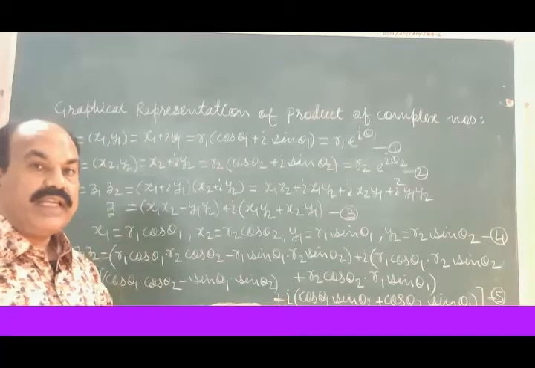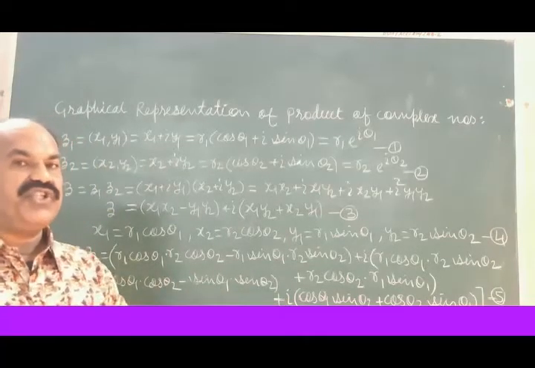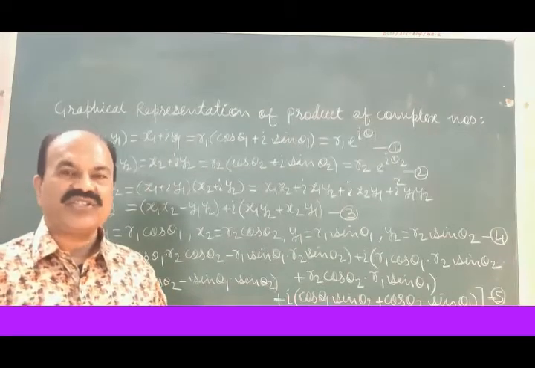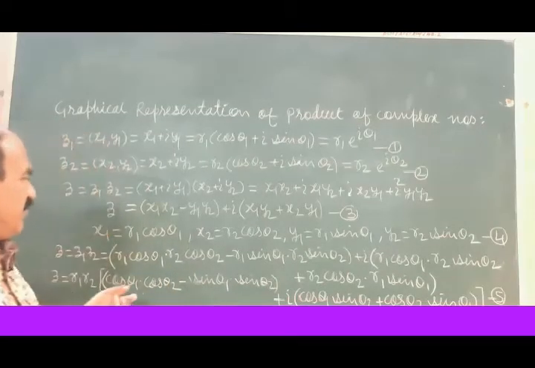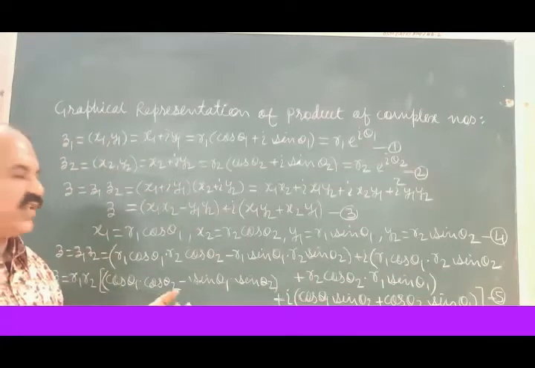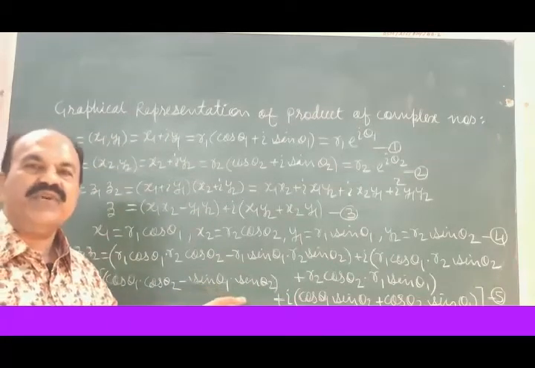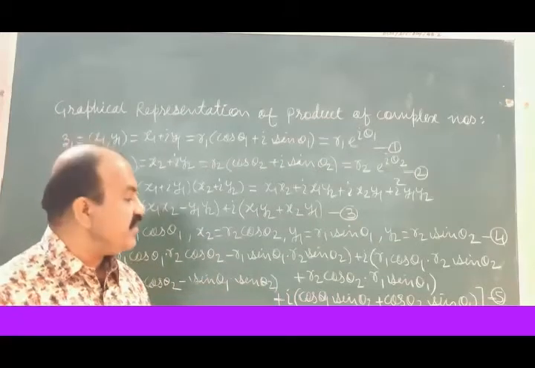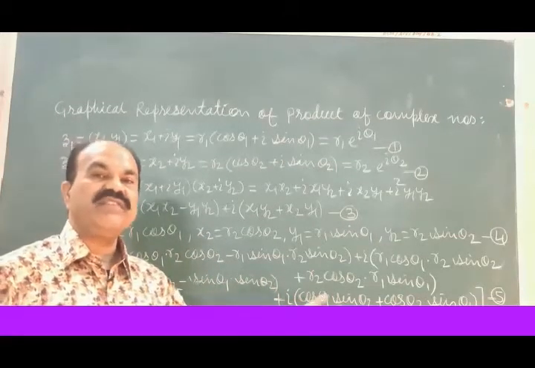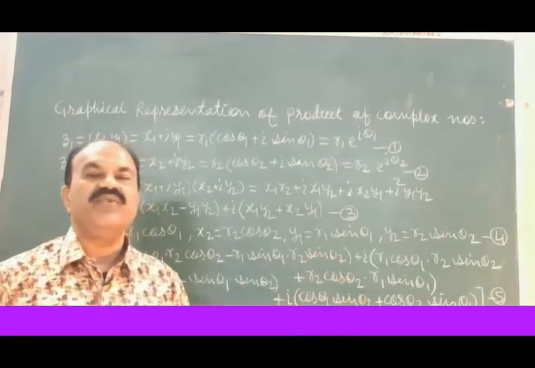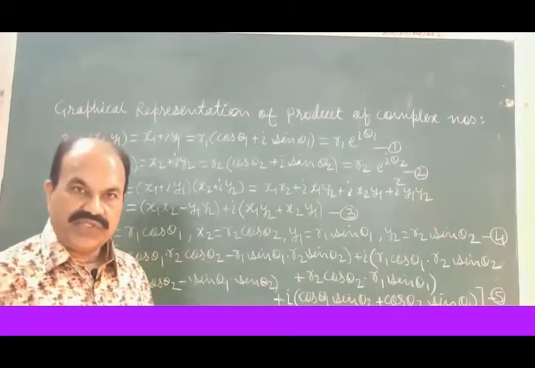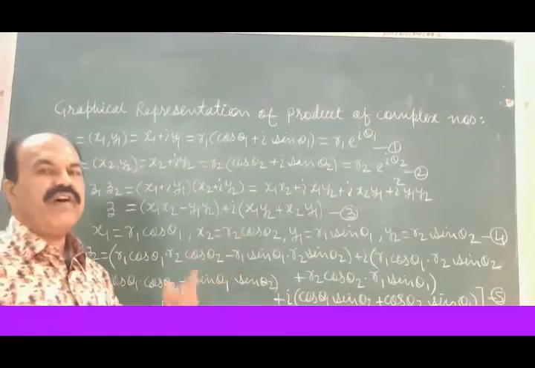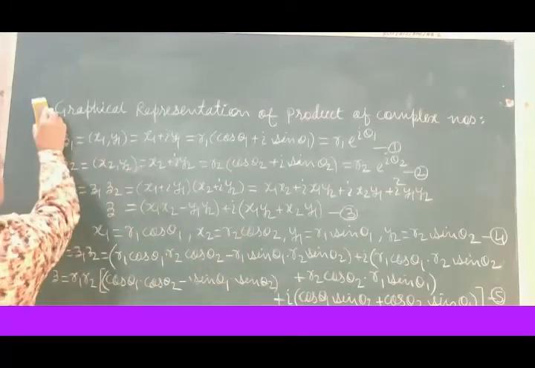Therefore, equation 5, using the trigonometric properties, cos theta 1 plus theta 2 is equal to cos theta 1 into cos theta 2 minus sin theta 1 into sin theta 2, and sin theta 1 plus theta 2 is equal to cos theta 1 sin theta 2 plus cos theta 2 sin theta 1. Using these trigonometric properties, equation 5 may now be written as